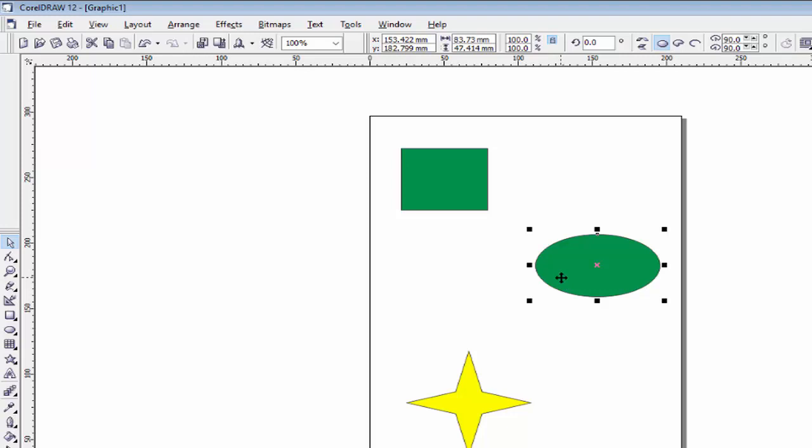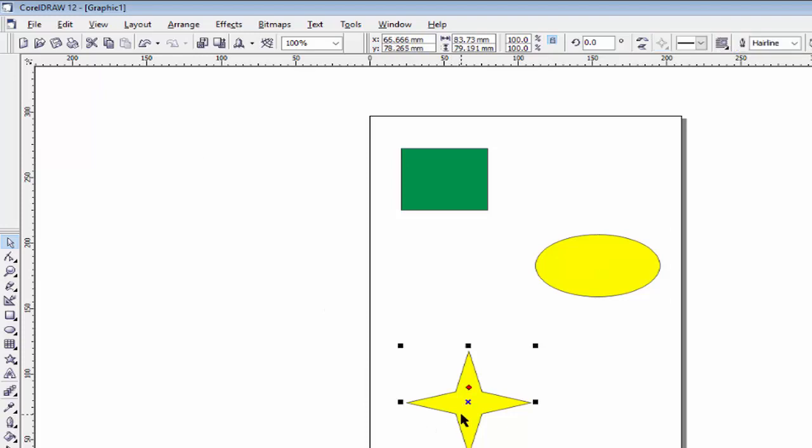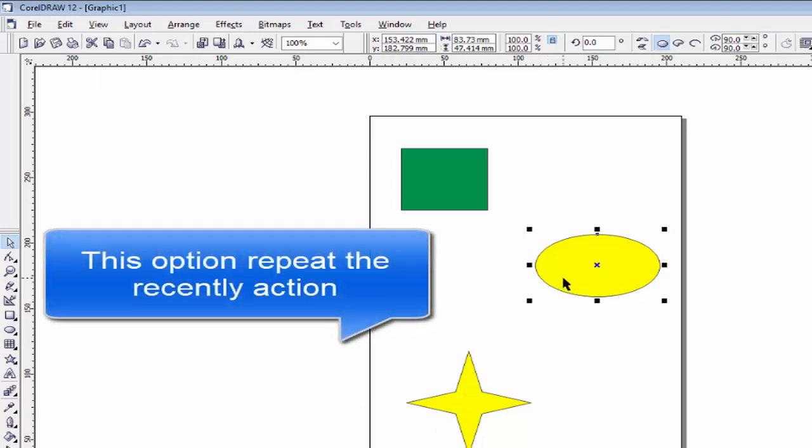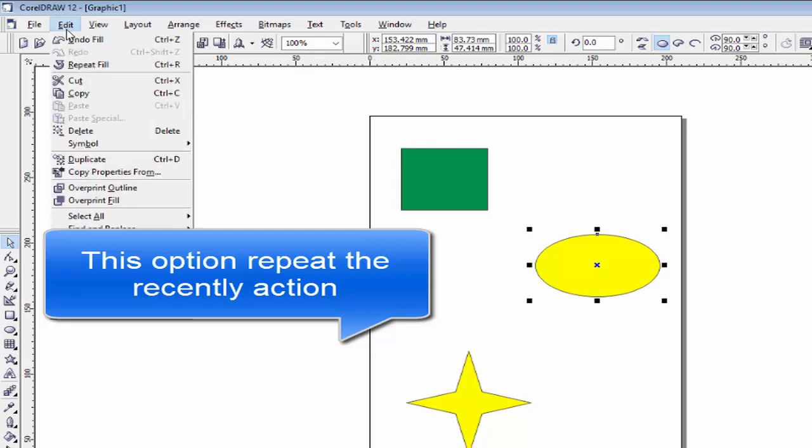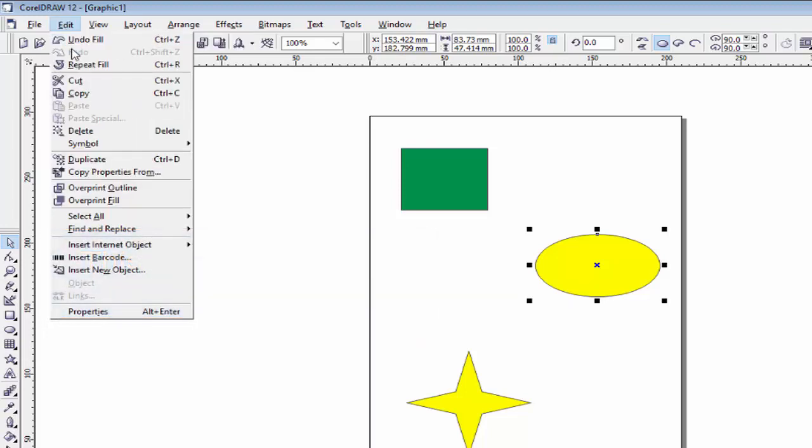You can select this ellipse and use this command, repeat fill, and the color filled in this star will be repeated in this ellipse. So I think you got my point how the undo command, redo command and repeat command work.